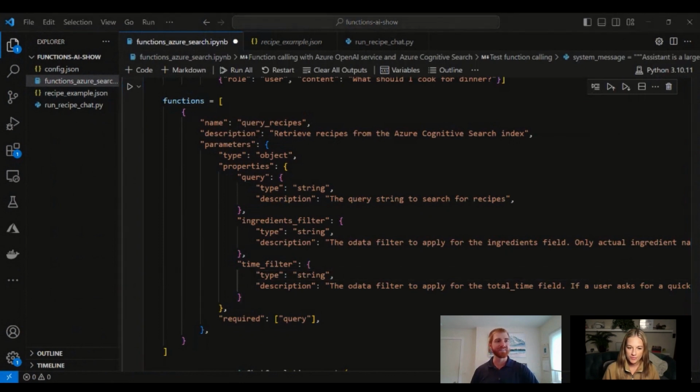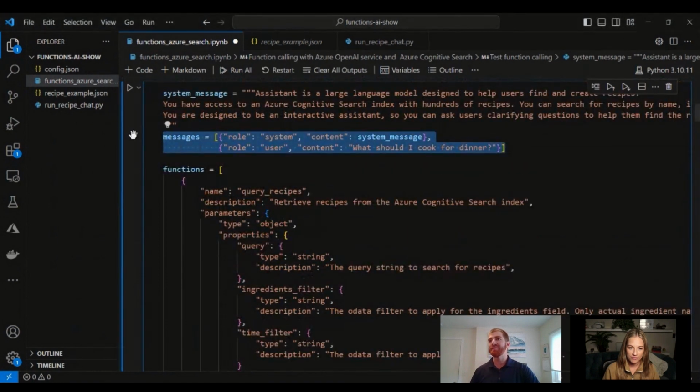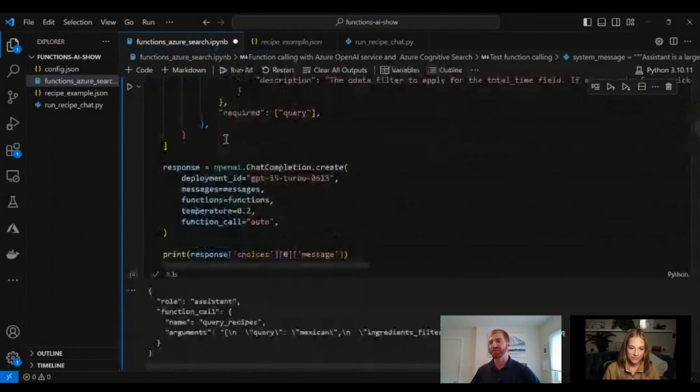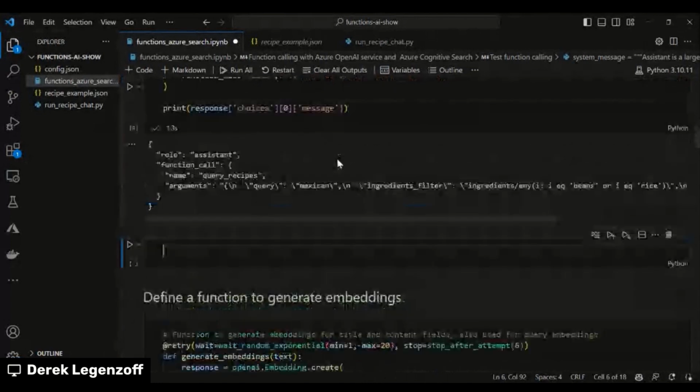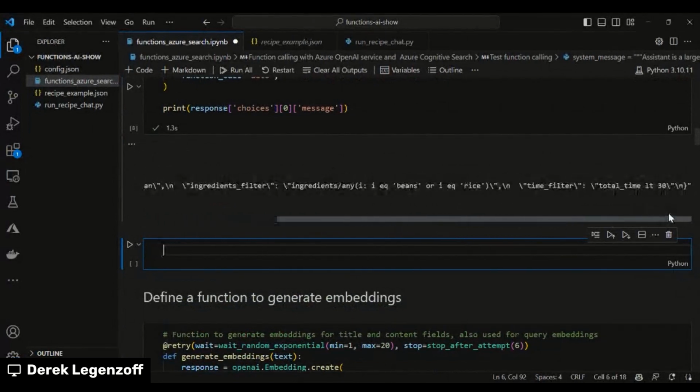In just a second, I can show you what the model will generate for these filters. So now I can try that same query I tried before, of find an easy Mexican recipe with beans and rice, and it should hopefully be able to create those filters for us. Now we see the query is Mexican, so we're going to be able to search for all Mexican type food. We have that ingredients filter, so it's going to filter down to only recipes that explicitly mention beans and rice. And we've also added a time filter where it's going to look for recipes where the total time is less